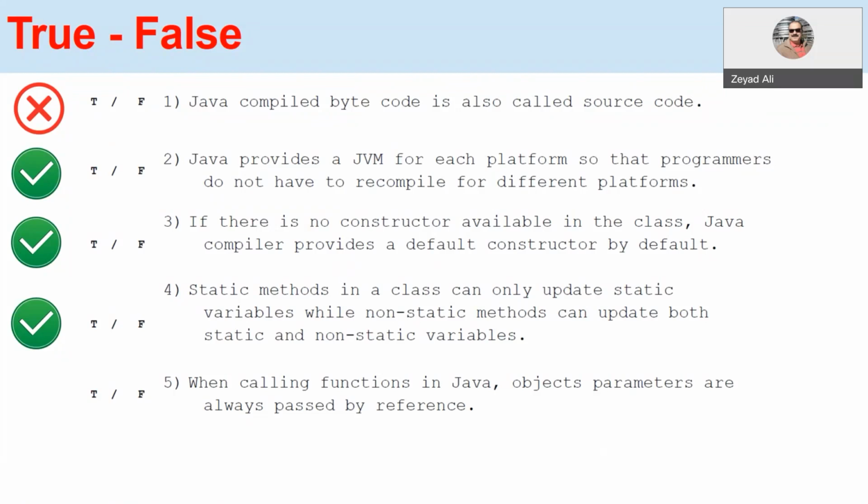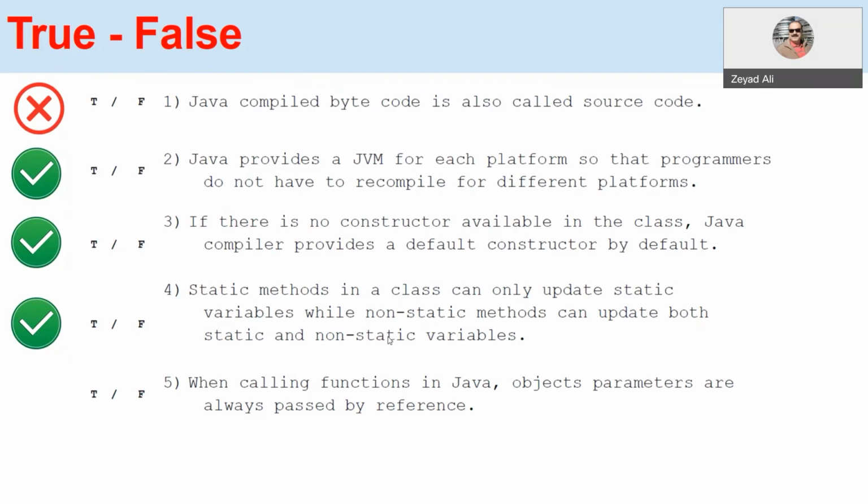However, primitive data types are passed by value. If you have done C++ before, in C++, you could choose between pass by reference or pass by value. So pass by reference, a reference to the object is passed. So if the function makes a change, then